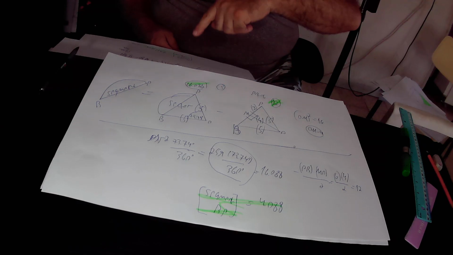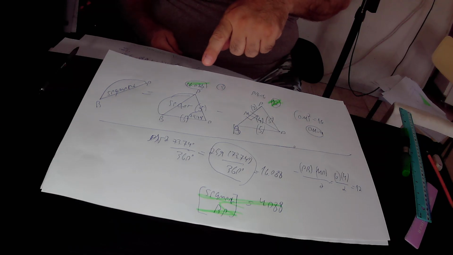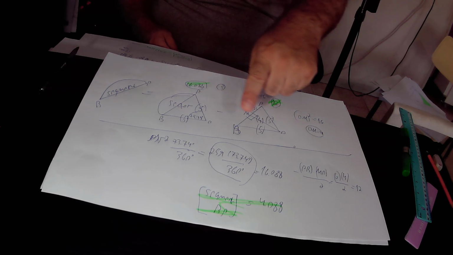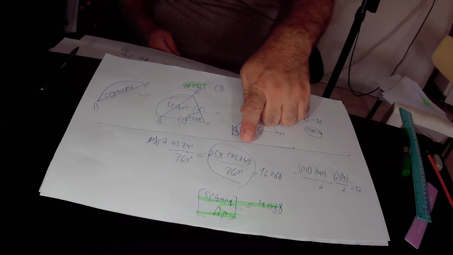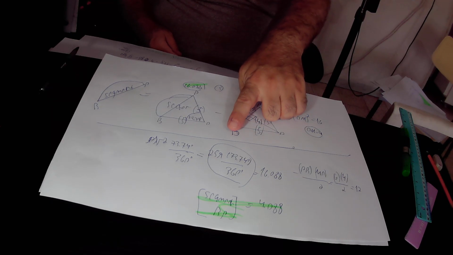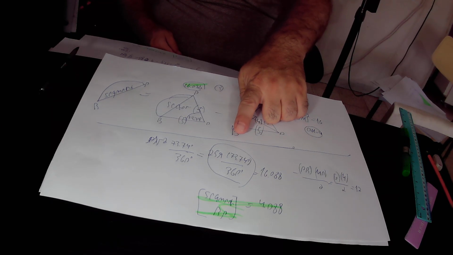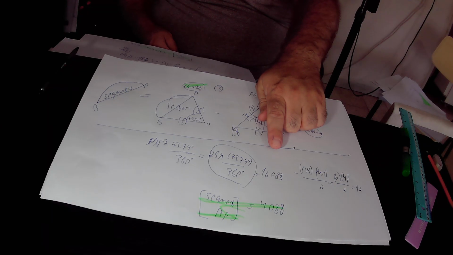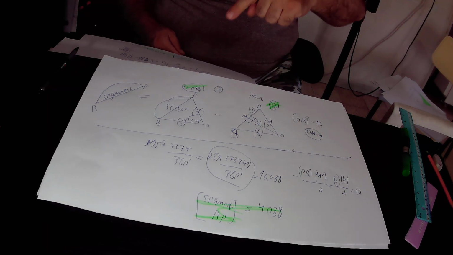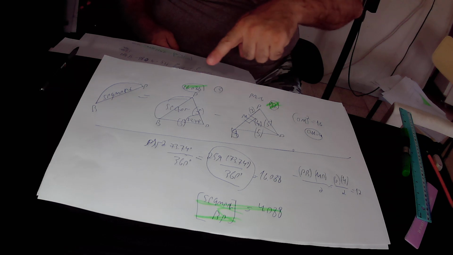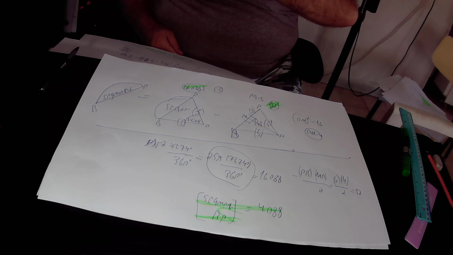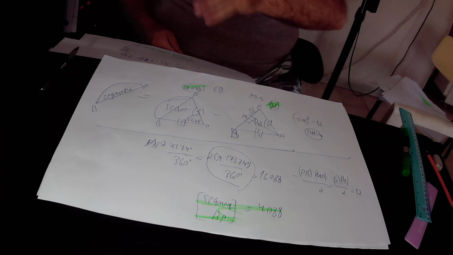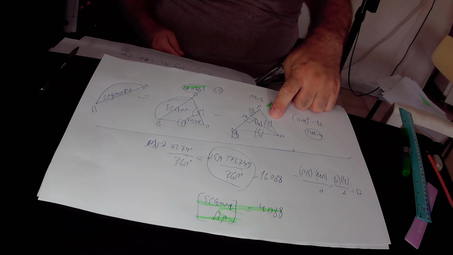R is the radius of the semicircle, that is 5, therefore r squared is 25. So pi r squared is 25 pi times 73.74 degrees over 360 degrees. The value of this expression in total is 16.088. So the area of this sector BOP is equal to 16.088 square units. That is the area of the sector BOP minus the area of this associated triangle, triangle